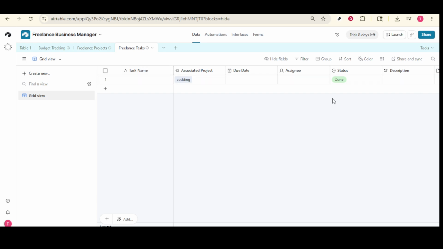Finally, let's talk about the high priority work view. In the freelance world, not all tasks are created equal, and some will demand more immediate